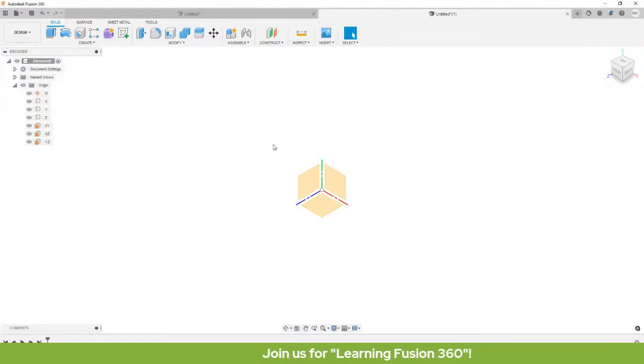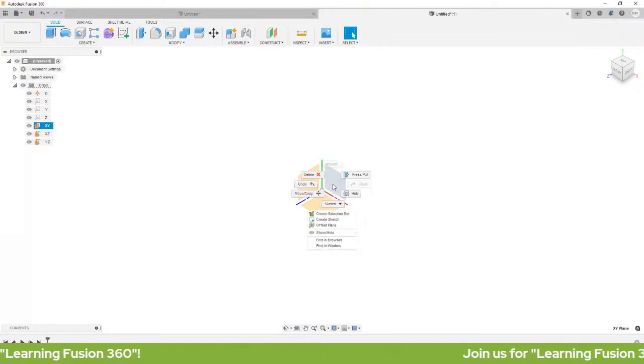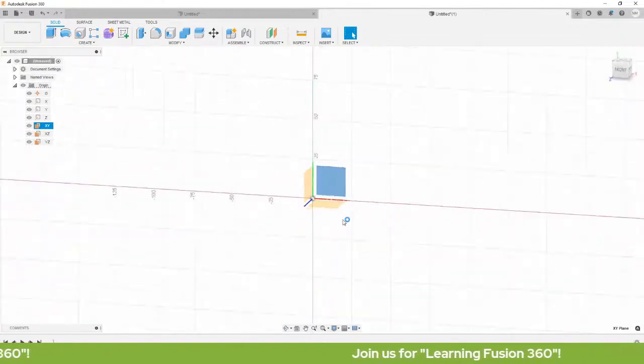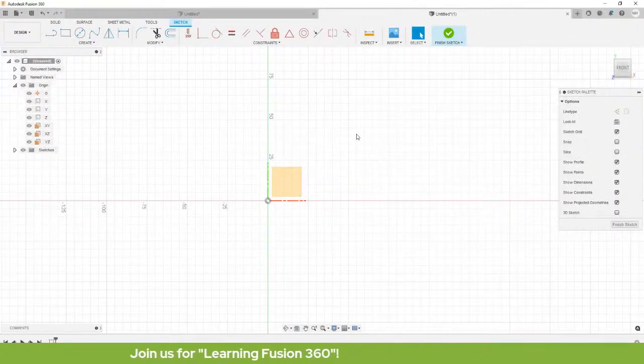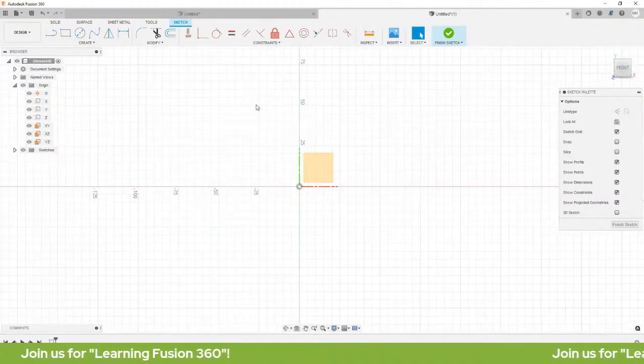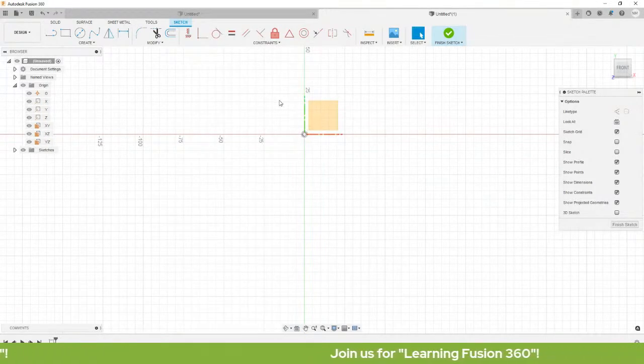Okay. So first, we need to create a plane. So left click, right click, and select create sketch. So right now, we are on our front view. Okay, so I'd like to start by creating circles.